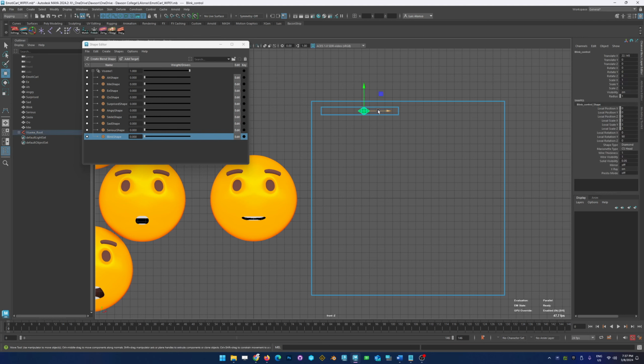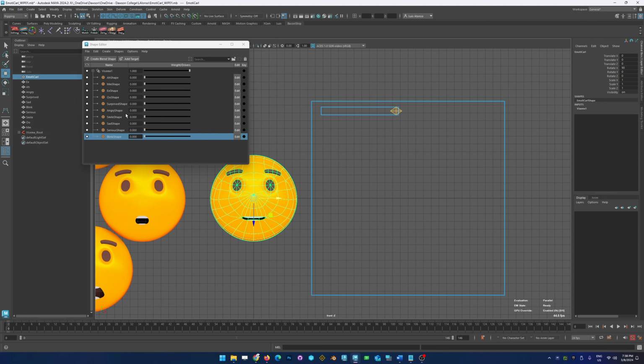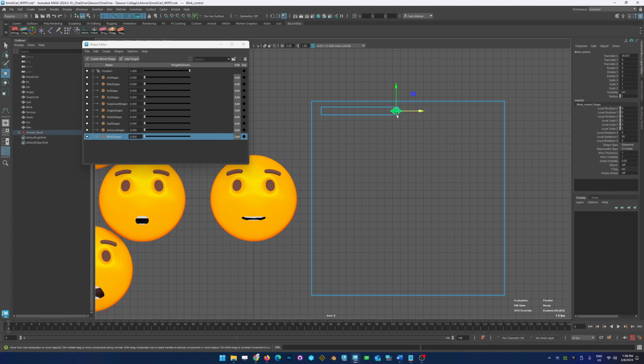All you're doing is taking whatever value this is on the x-axis, and dividing it by what you want as the maximum. In this case, it's 40. That's all you're going to do, and you're going to plug that value into the blend shape that's right here. Okay, so there are multiple ways of doing this. The first one I'm going to show you is basically a very old school method of doing this,